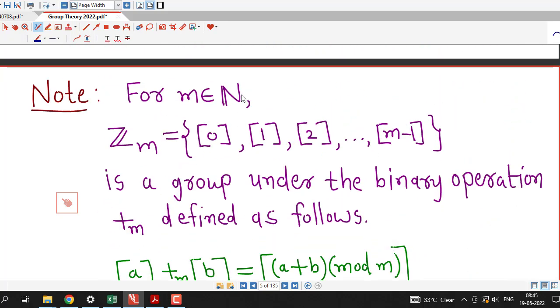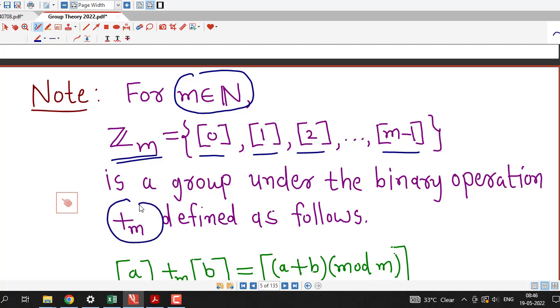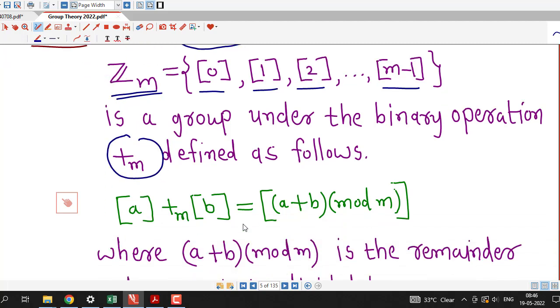In that lecture we have defined this modulo group. So we just recall, for any natural number m, this set denoted by Z suffix m, and these are the equivalence classes generated by 0, 1, 2 up to m minus 1. This is a group under the binary operation addition modulo m, which is defined in this way: